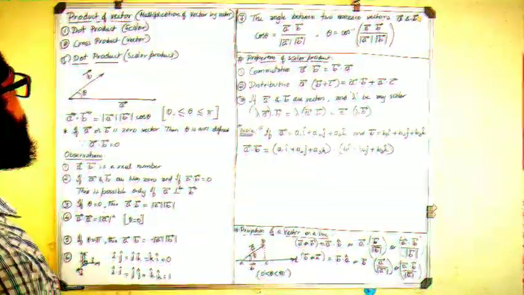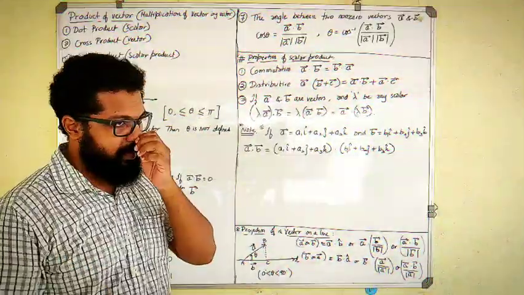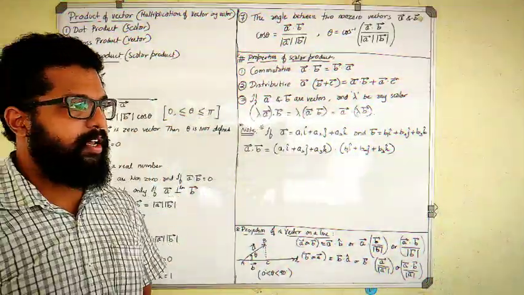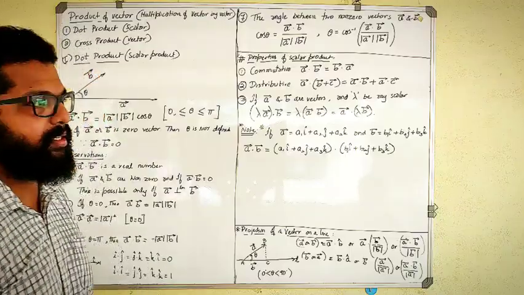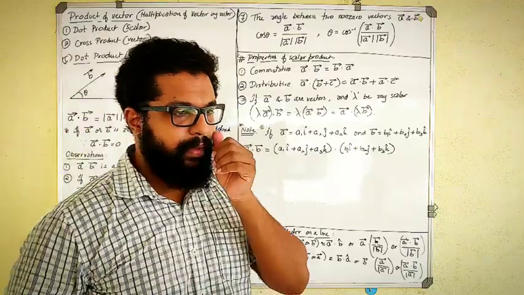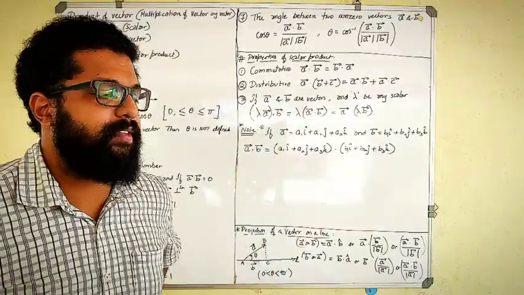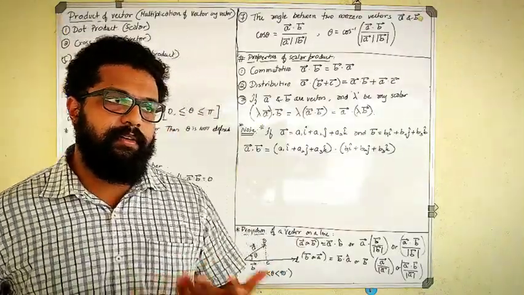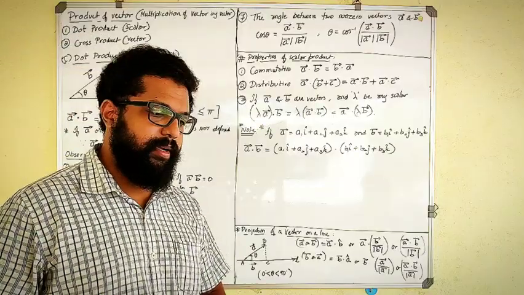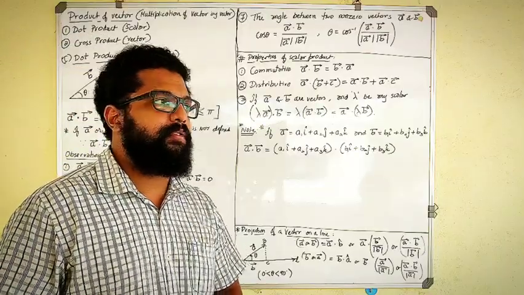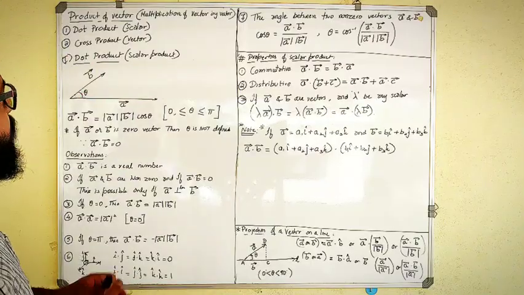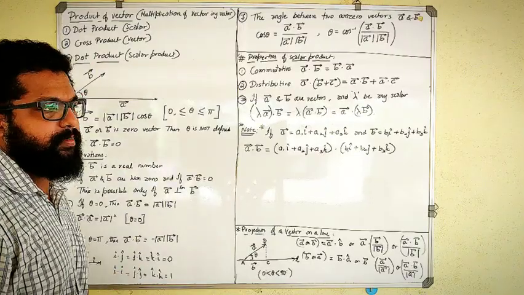So let's begin with the next topic of vectors. Previously, we completed the numericals related to exercise 10.2, correct? If any problems or confusions were there, please let me know. We will solve those problems and clear all the doubts. Okay? So with that, we'll come to the second part of this vector algebra chapter.